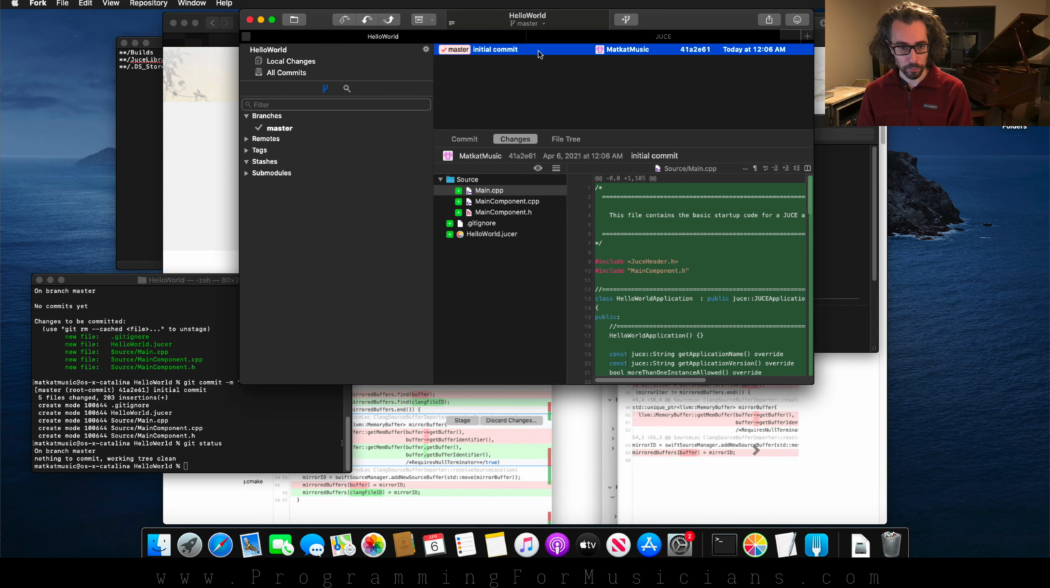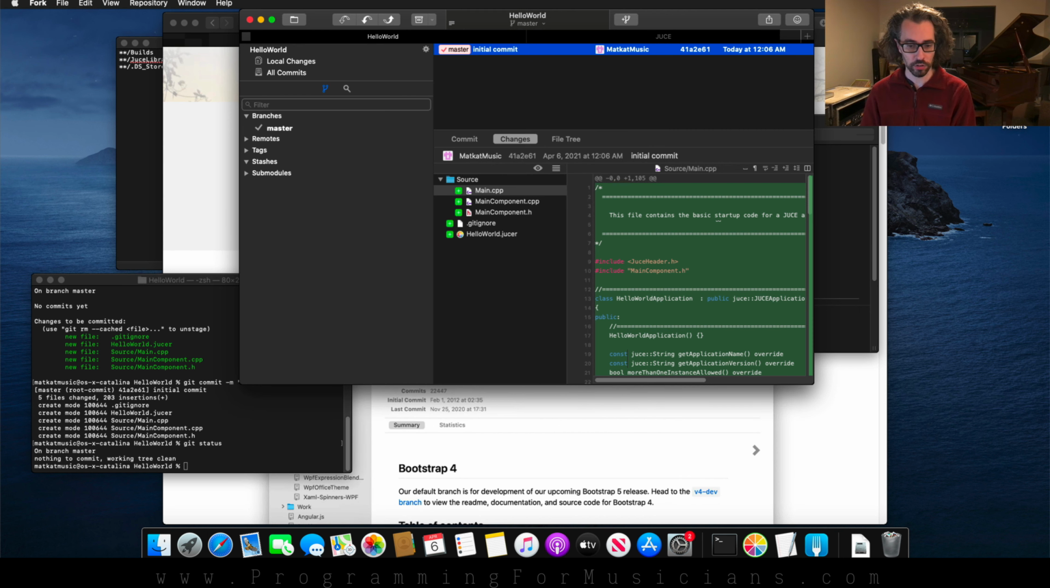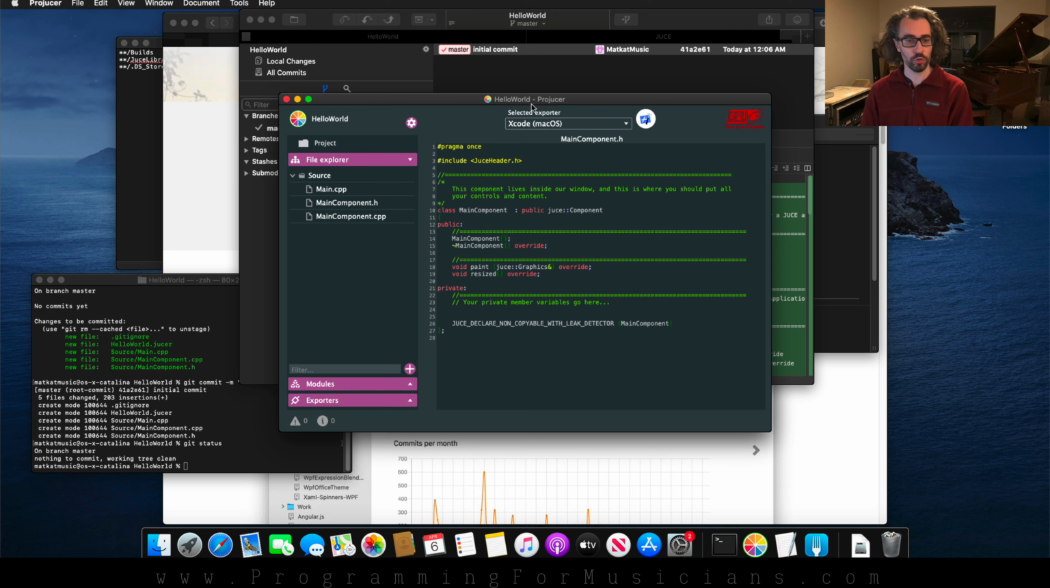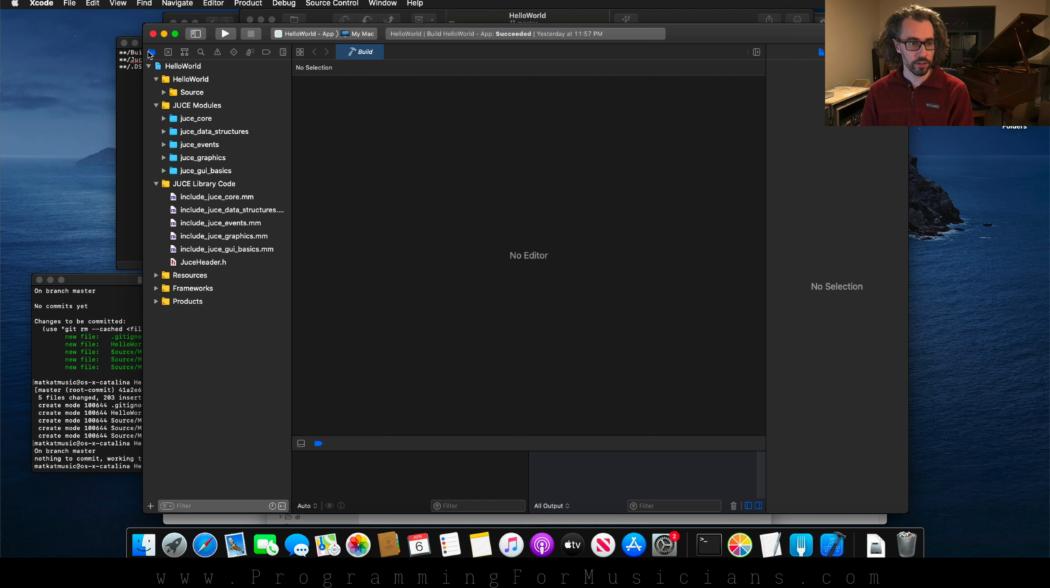All right, what I want to do now is to make a change in our project, and then we're going to commit that change using Fork. So let's go to our Jucer file. Go ahead and open up Projucer. Our Hello World project is the most recent thing open, so it should pop up right away. Click Save and Open. All right. Now I want to make one change. So I'm going to navigate to my MainComponent.cpp,